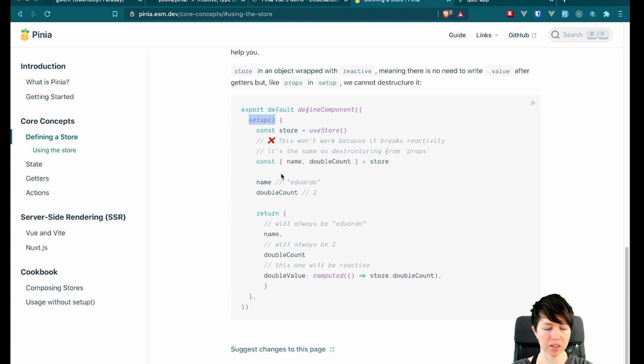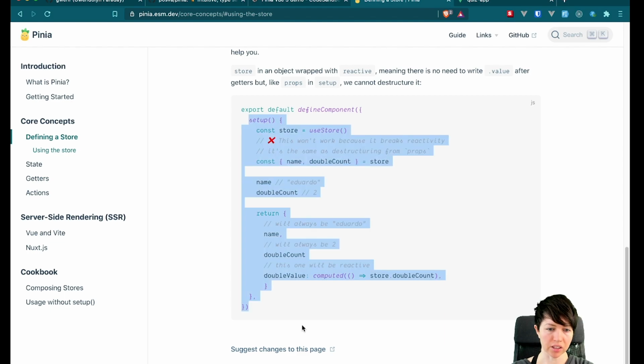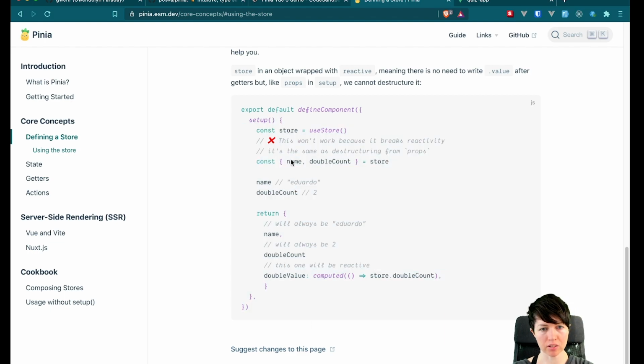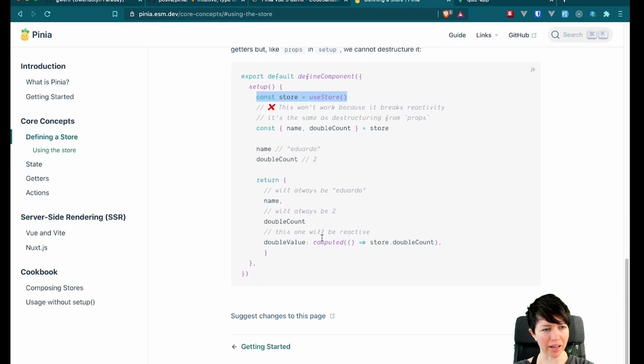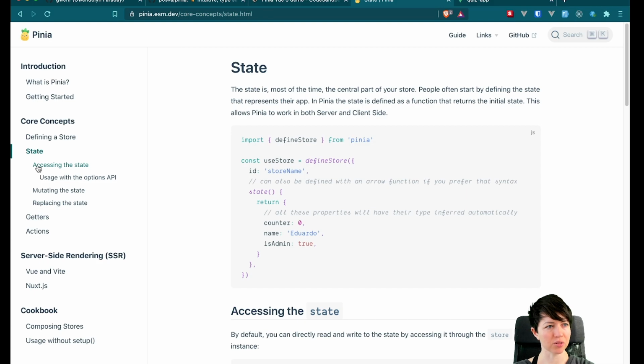Okay, so this is with the composition API. This is the new function that we get in our components, the setup function. So basically we interact, oh, that's interesting. We interact with the Pinia store inside of the setup function in the composition API. Okay. But I'm going to skip real quick to state